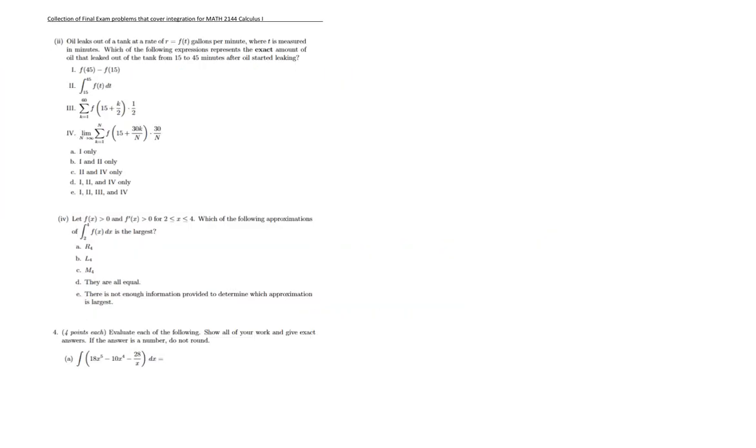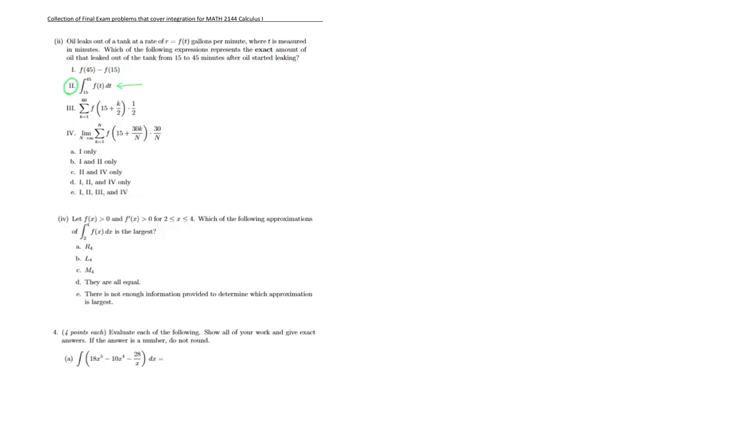Okay, so the next one, I'm given that oil leaks out of a tank at a certain rate. And then it says, which of the following represents the exact amount of oil that leaked out of the tank from 15 to 45 minutes? And so what I can see here on part 2 is going to be the exact amount, because it's going to be the integral of the rate at which the oil is leaking. So this is one of the exact